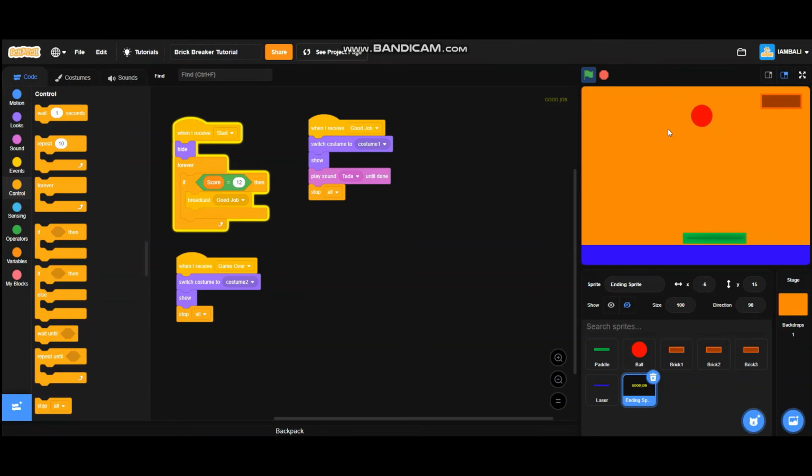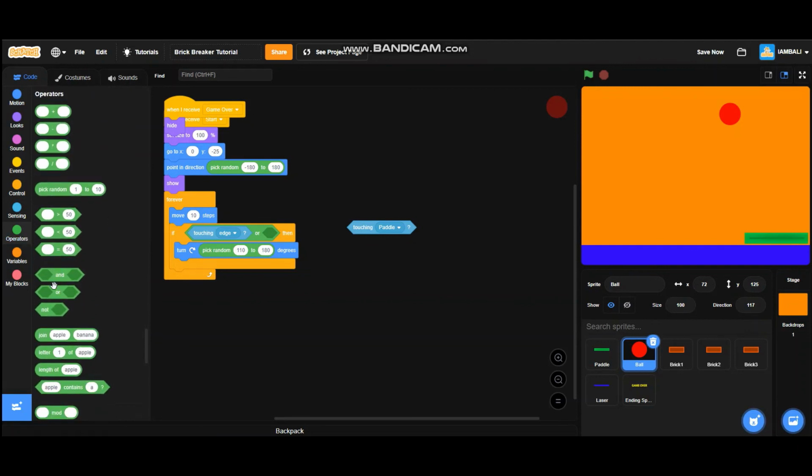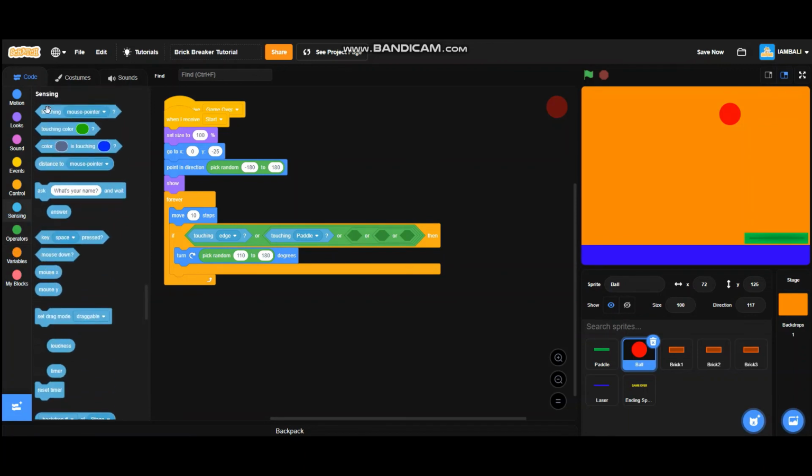Now as you can see, when the ball is touching the brick, the ball didn't bounce, it just went through the brick and hit all the other bricks. So to prevent that, stop the program first and then go to the ball. So you gotta make another OR block, add another OR here, add another OR here, and I think add another OR here. So if it's touching the paddle or touching the brick 1,